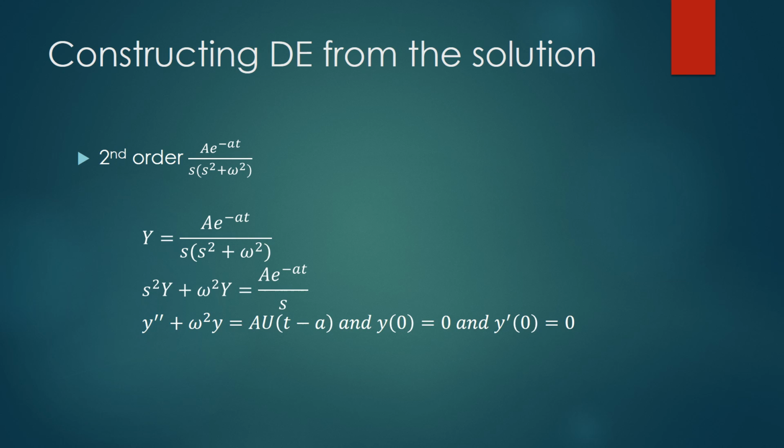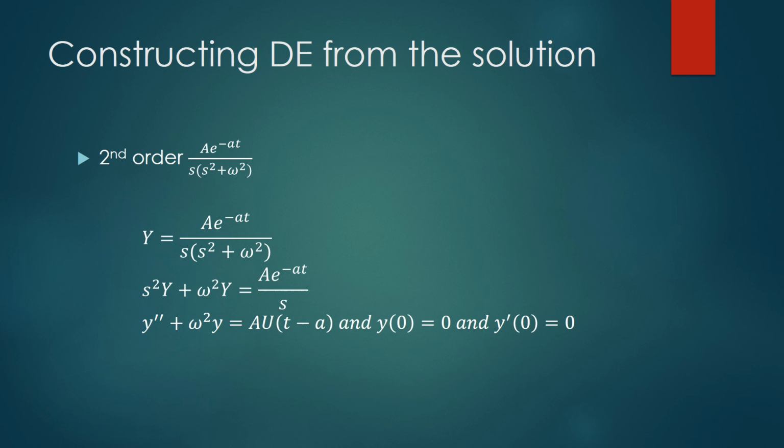Since the question asks for a second order differential equation, we have to bring the s squared plus omega squared to the left side of the equation so that we have s squared y. So it becomes s squared y plus omega squared y equals a e to the power of negative at over s. And when we take the